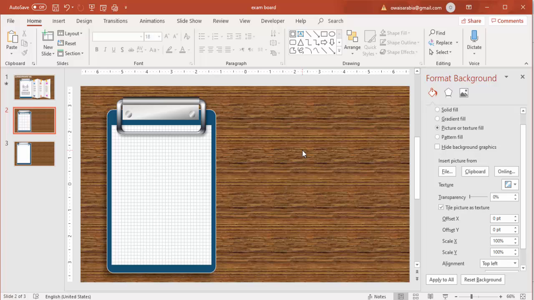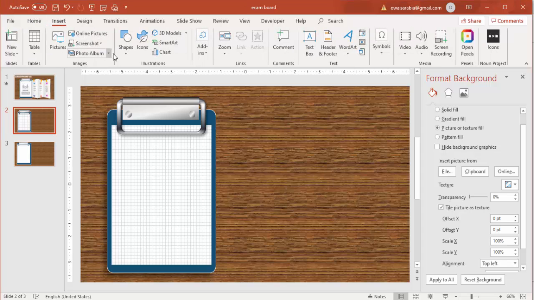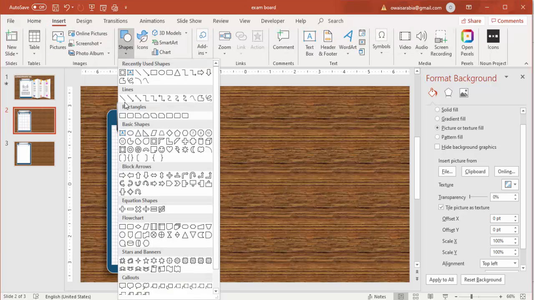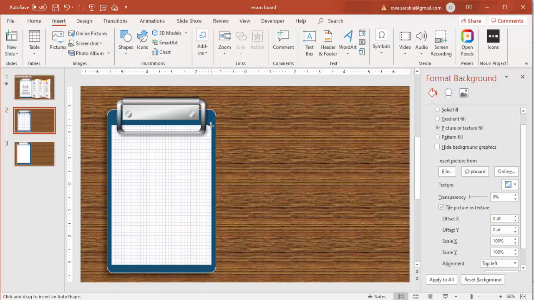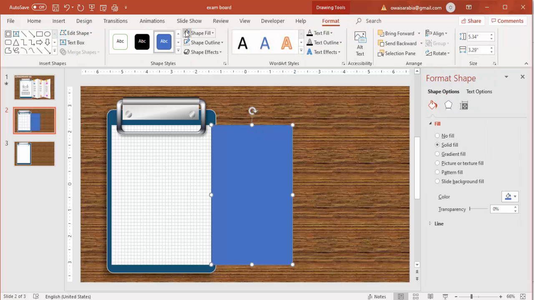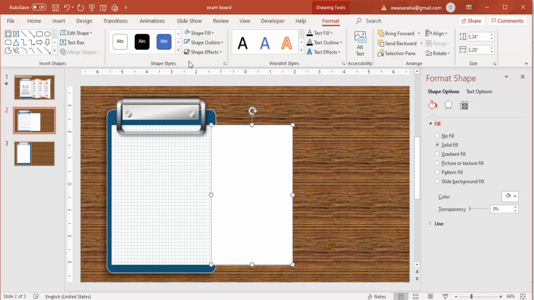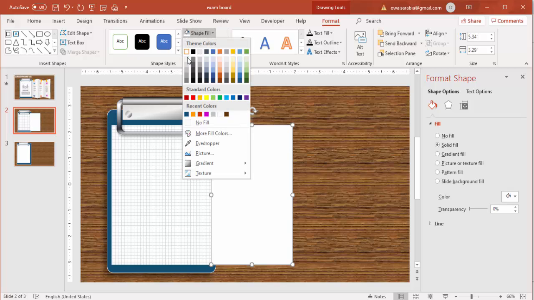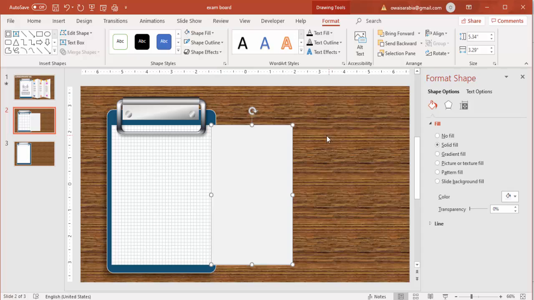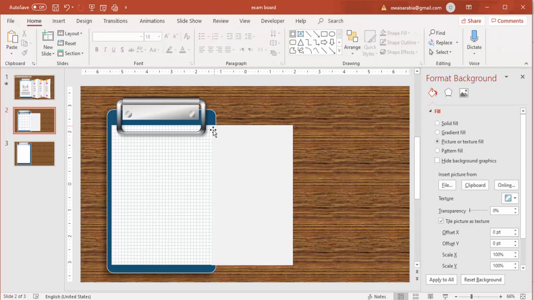Alright, now I'm going to add additional papers. For that, I'll go to insert, shapes, select rectangle again, draw the rectangle from the edges of this paper. You can make it this much size, make it white, shape outline, make it no outline. For the time being, I'll just give this a light gray color, and then I'm going to